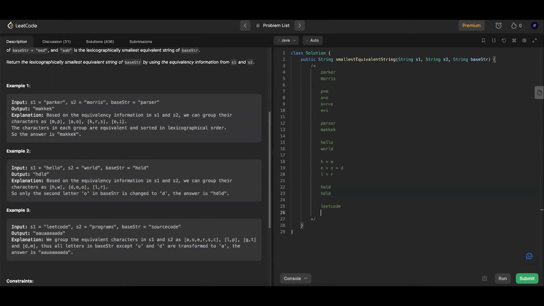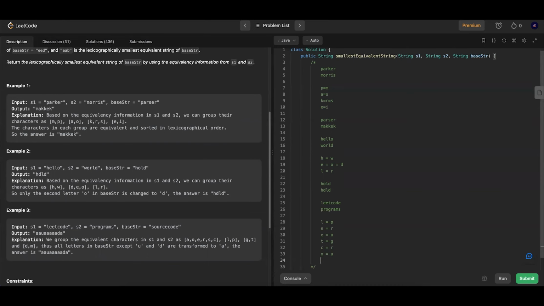We have LeetCode and we have programs. So from this, we know L equal to P and E equal to R, E equal to O and T equal to G and C equal to R, O equal to A, and D equal to M, E equal to S. So E equal to R and E equal to O. So we can say E equal to R, R equal to O, and then we have T equal to G,